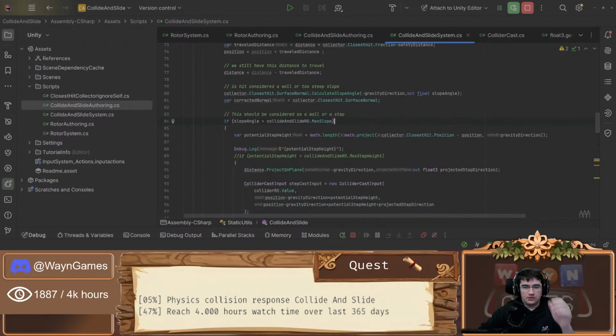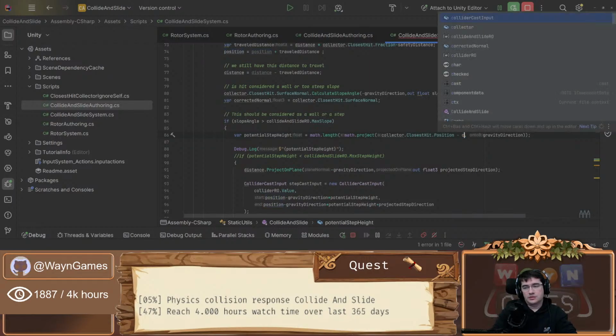I need to figure this part out differently because that's the world space, but that's the center of the capsule and not the root of the capsule. And if I wanted to work with any collider,